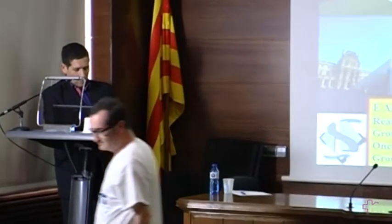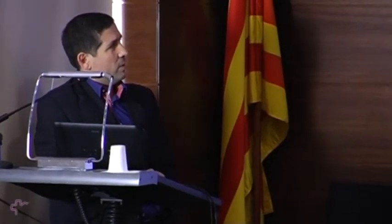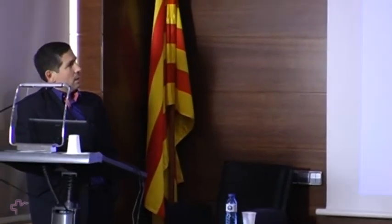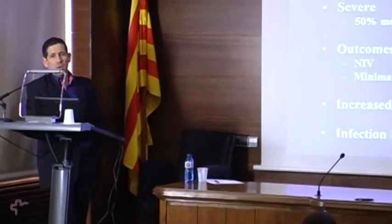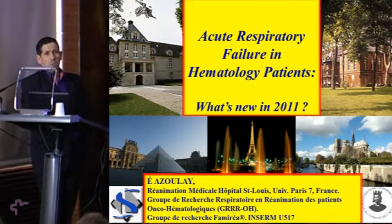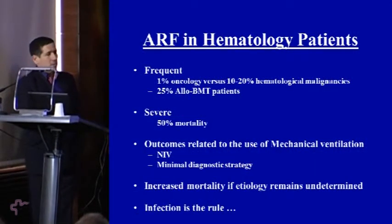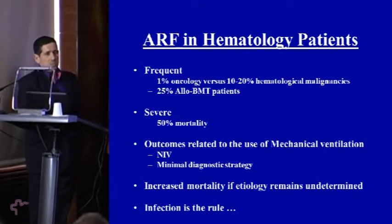and to share with you some thoughts about the management of pulmonary involvement in patients with hematological malignancies. We are dealing with a phenomenon that is frequent. It is believed to complicate about 1% of patients with solid tumors and up to 20% of patients with hematological malignancies. And it can be 1 in every 4 recipients of allogeneic bone marrow transplantation or stem cell